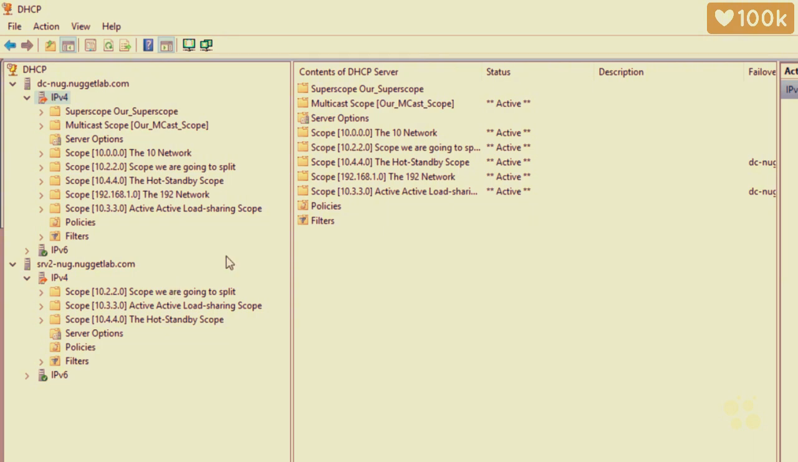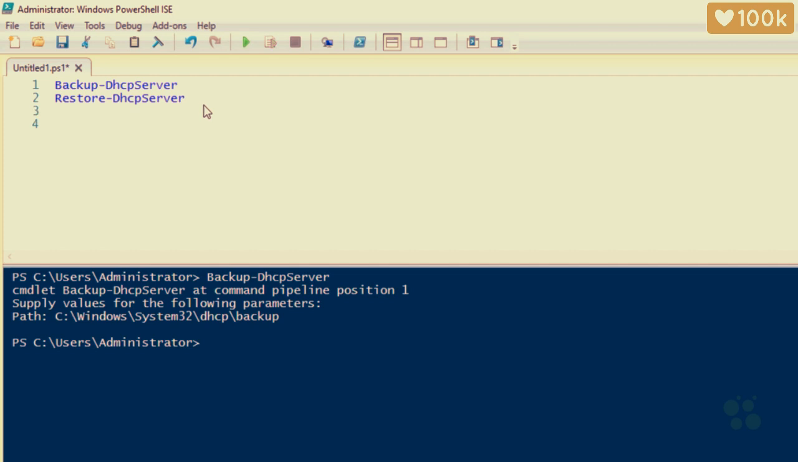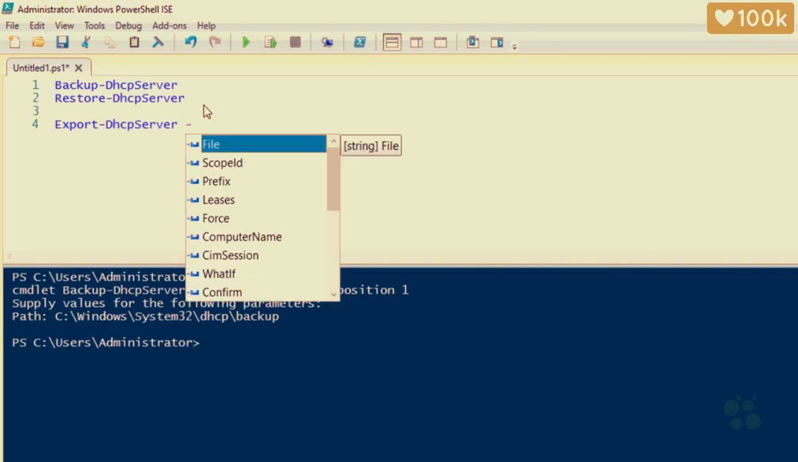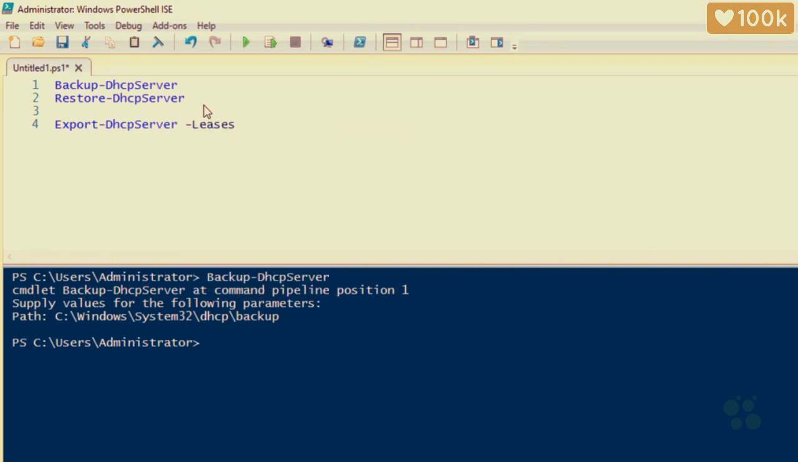regarding moving a DHCP server. Maybe we have to migrate DHCP from one server to another. How do we bring all the settings with it? Well, there's an export and import function that we can use. And to do that, we can do it right in PowerShell. So in PowerShell, we can use the command Export-DhcpServer. We can indicate that we want to include the leases, and we need to specify where we want to keep